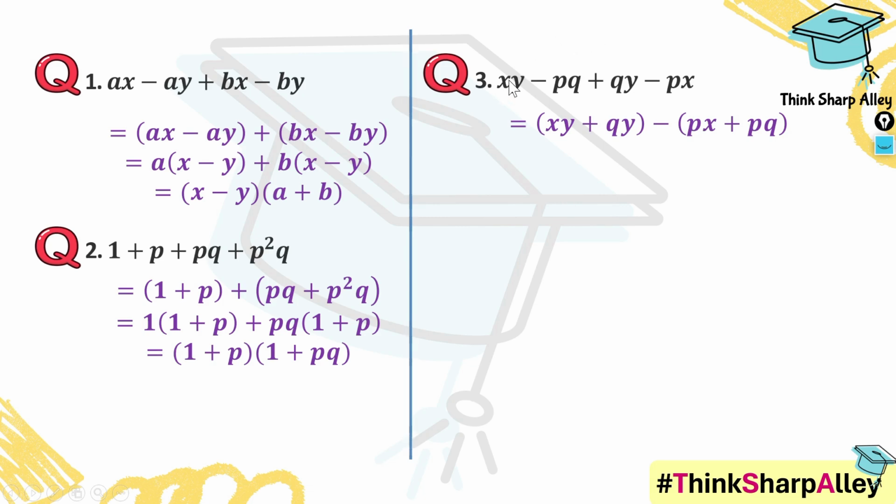This is very random. You just need to choose which two terms can be grouped together so that we can get something common. Now let us factorize each group. From the first group we have y common, and from the next group we have p common. Did you notice the change of sign while putting the bracket? Because minus we have taken common. It was minus pq minus px. So I've taken minus common, written px, and hence it has become plus pq. So we have x plus q common and we are left with y minus p.